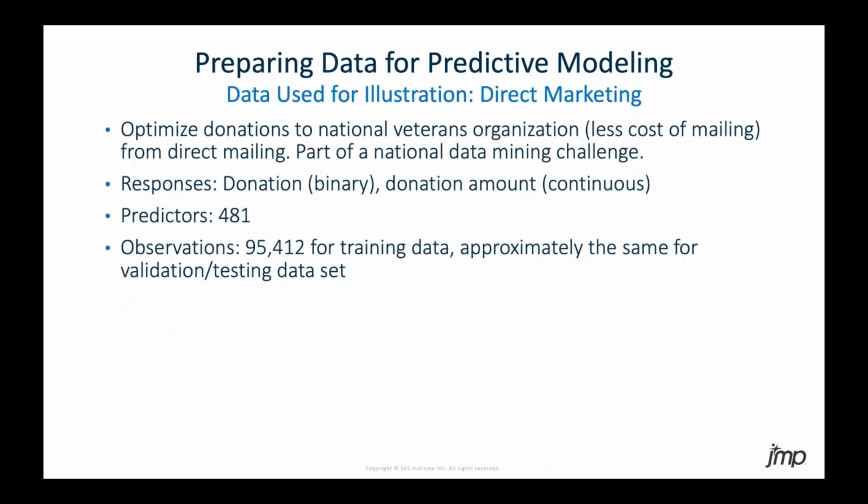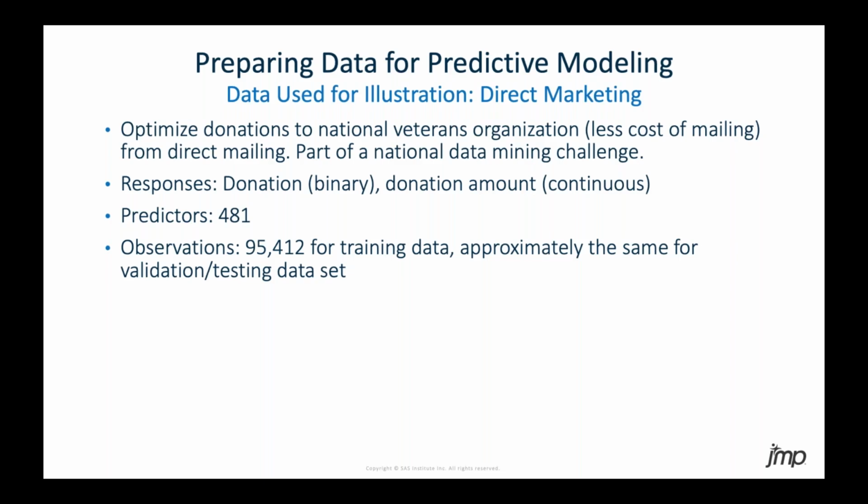The second data set we're going to look at involves optimization of donations to a national veterans organization, obviously less the cost of the mailing. The idea was: is it better to send a mailing out to everybody, or could I target certain individuals to optimize my overall return rates? This is, and again, if you go to the website where this data is collected, you can find it on one of the two sources that I mentioned,